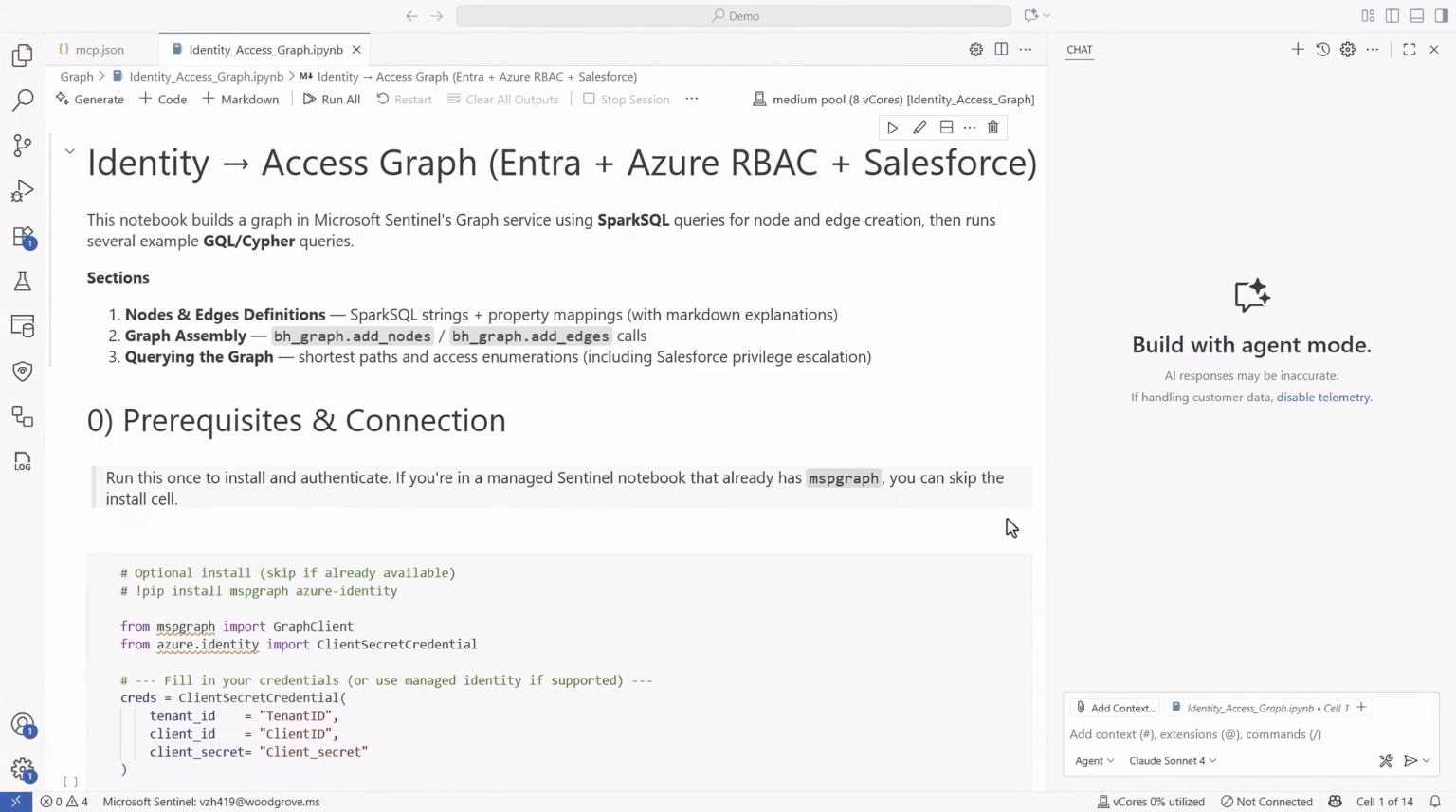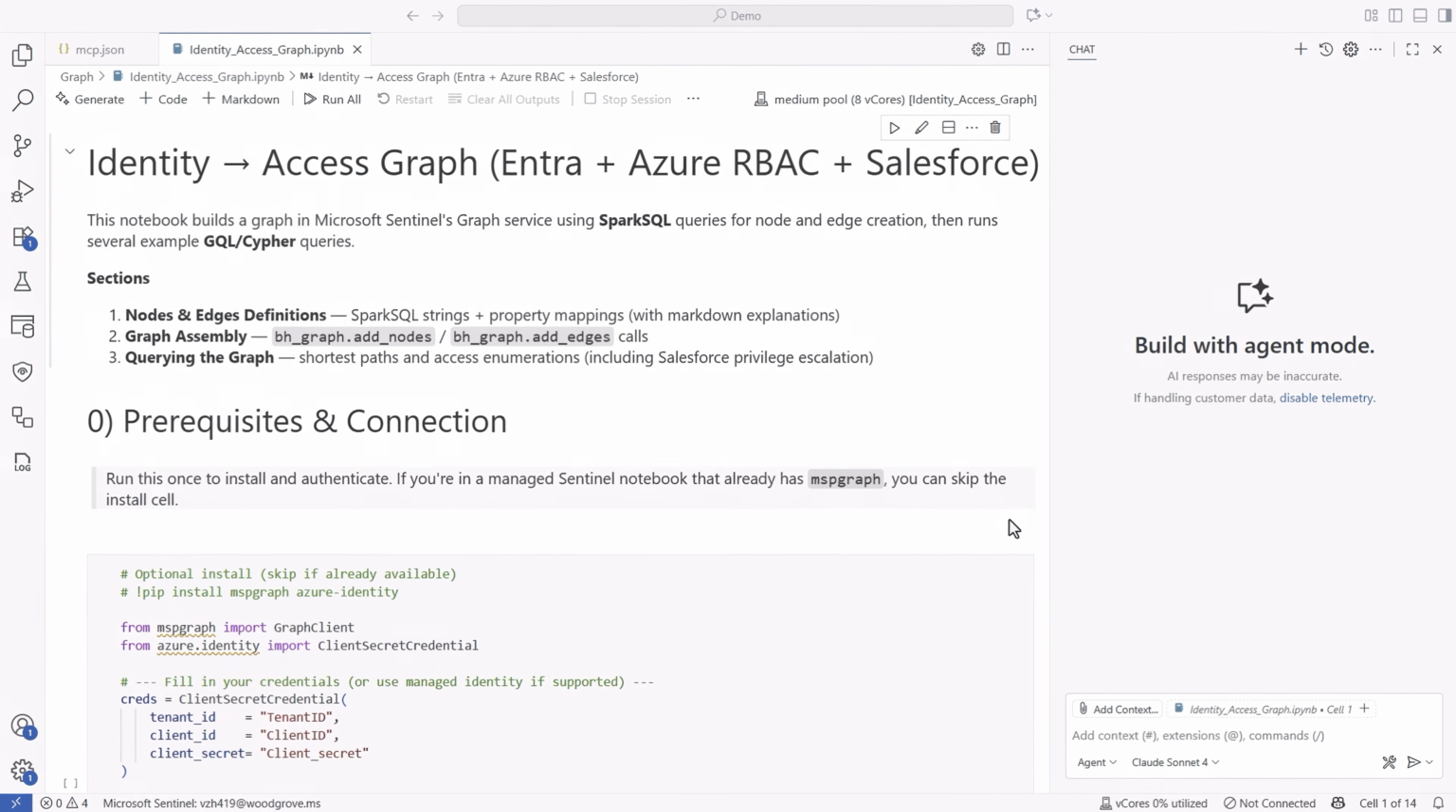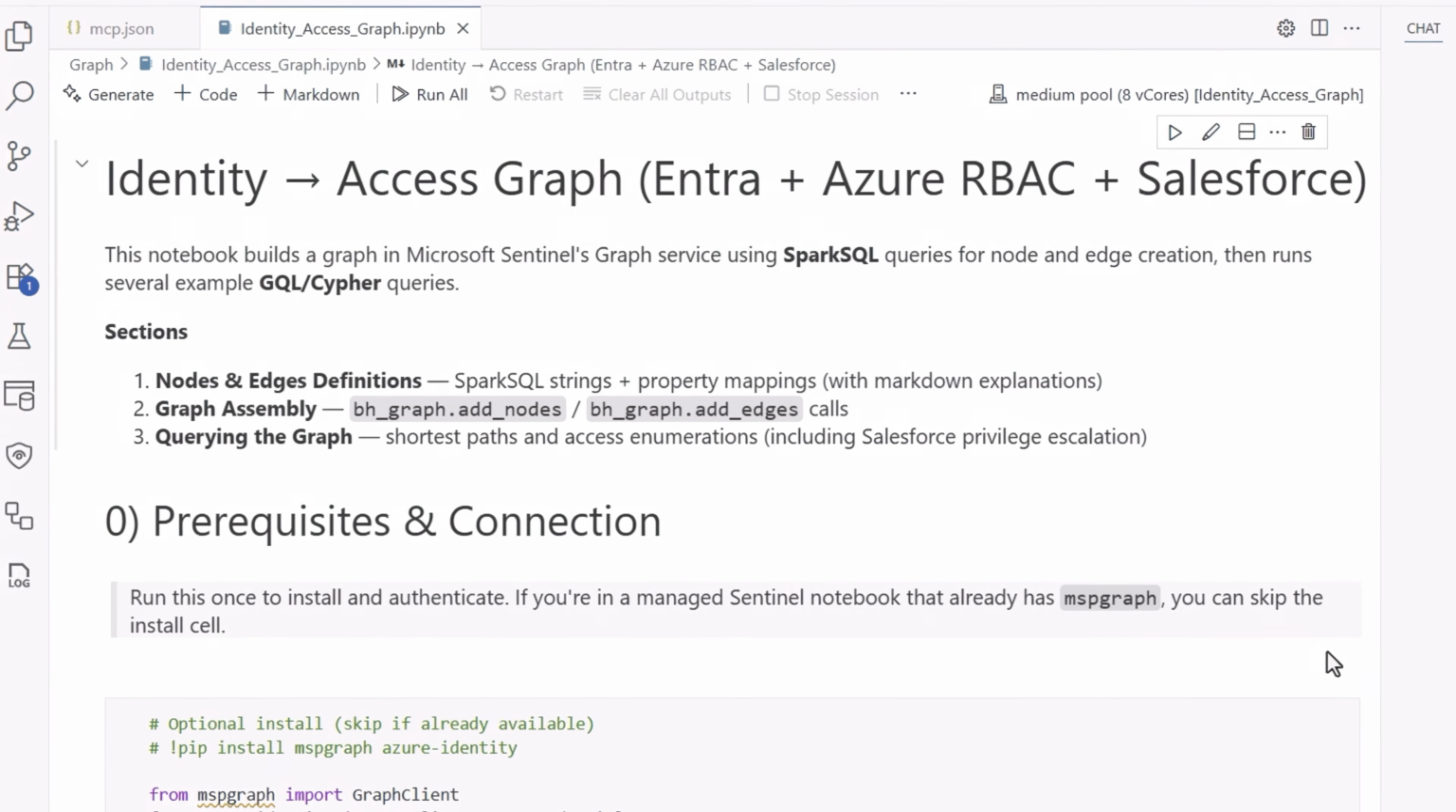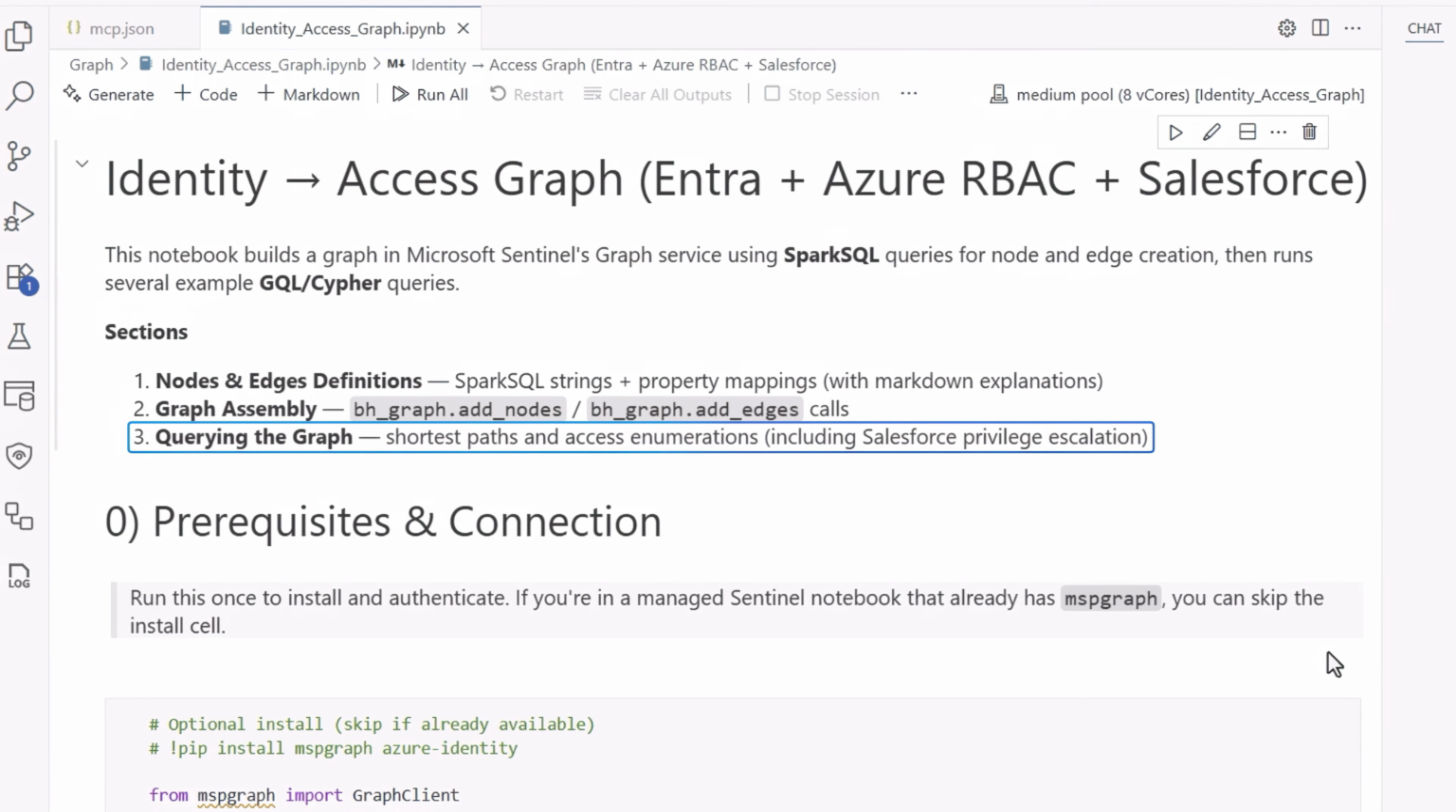Next, let me show you more of the details behind building your own custom graph that works with your data in the Sentinel Data Lake. Here I'm in Visual Studio Code using the Microsoft Sentinel extension, and I'm building a graph similar to what we just saw with Salesforce data. This uses Spark SQL queries to create graph nodes and edges as entities to pull in. The graph assembly step connects everything together so that we can instantiate the graph itself, and after that we can